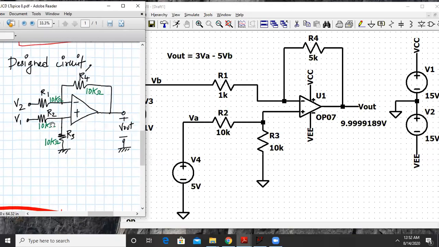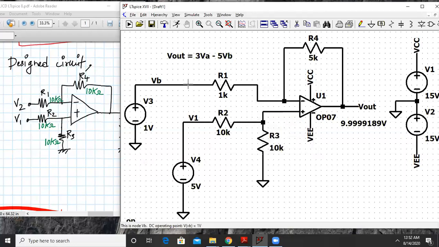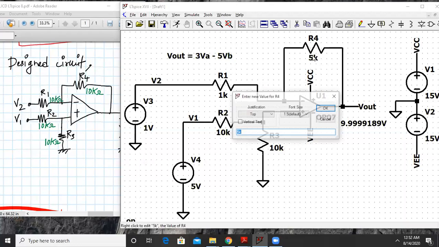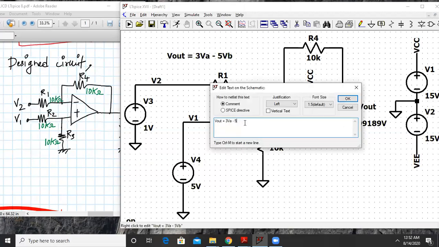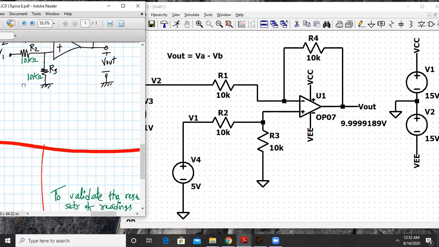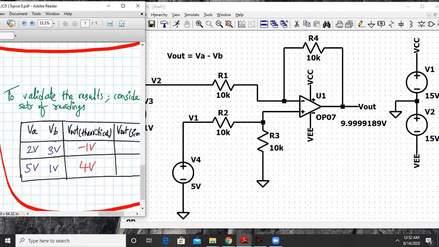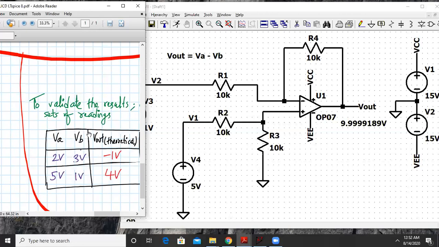So you have this circuit over here. Instead of VA and VB, we have V1 and V2. So let me write V1 over here, and this will be V2, and all the resistances are the same, equal to 10 kilo ohm. So let us do that. So this resistor is also the same, this is also the same, and the output expression is just VA minus VB. So that's the output expression, and the values which we have to change are VA and VB. Sorry, it's V1 and V2 actually. Doesn't matter. V1 and V2, VA, VB, it's one and the same thing.